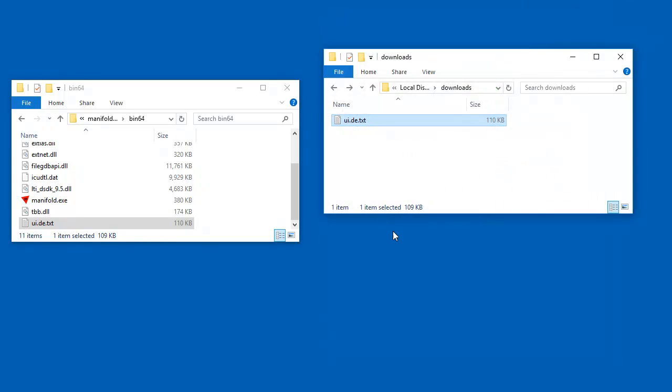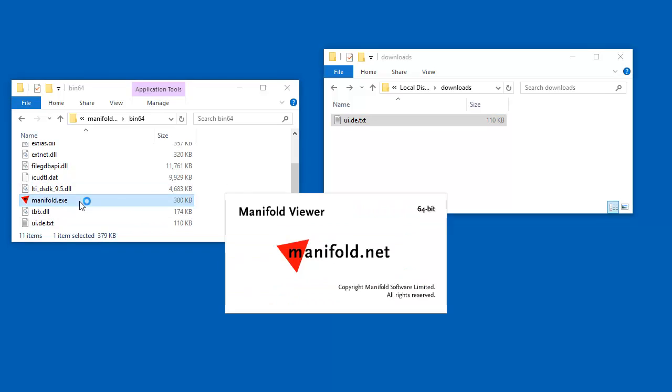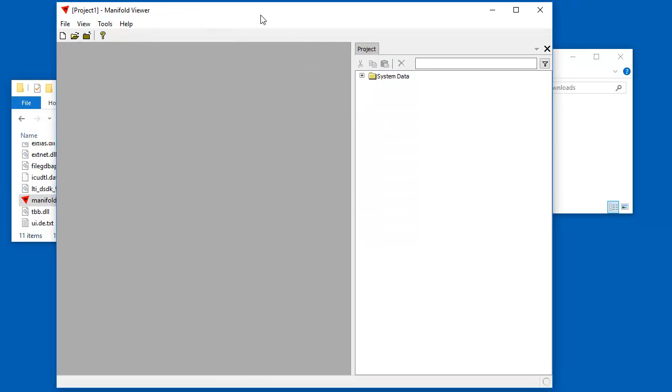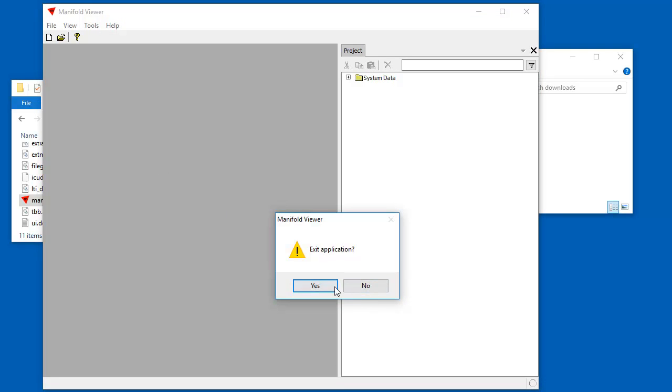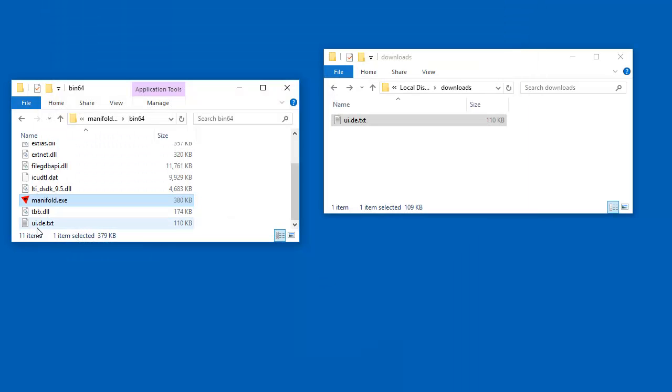So it'll use that. Now, suppose we're running Windows in English, as I'm doing here for this video, and I'd like to force it to launch in German. When we're running Windows in English and launching Manifold Viewer, it's looking for a ui.en file. So that's an English text file. That's easy to do. We just take this file here, copy it, paste it,